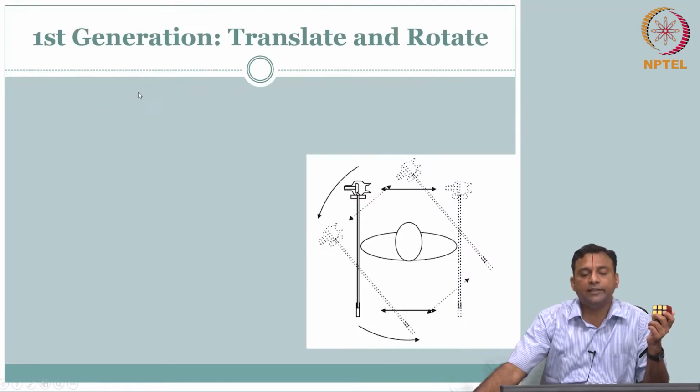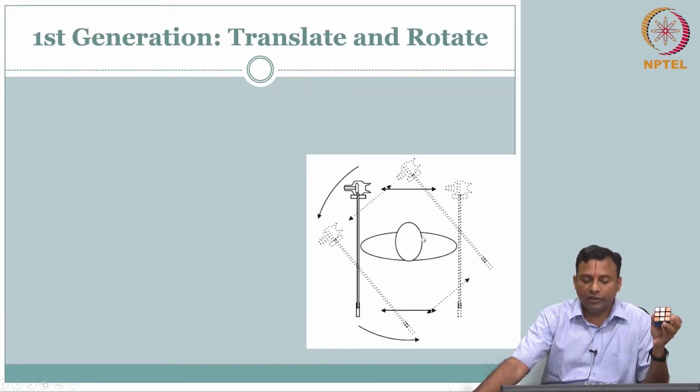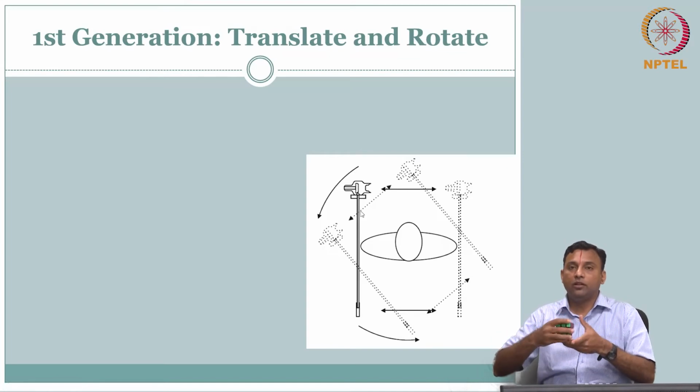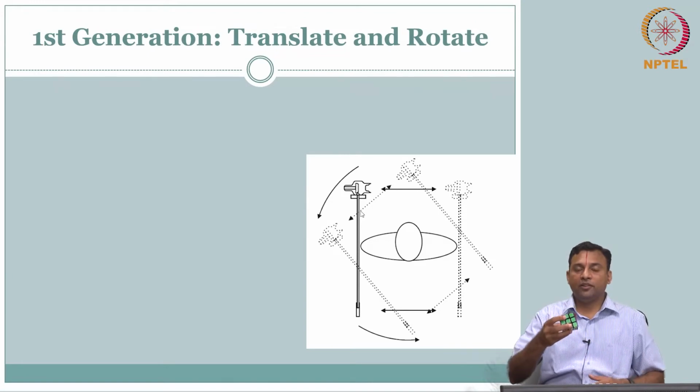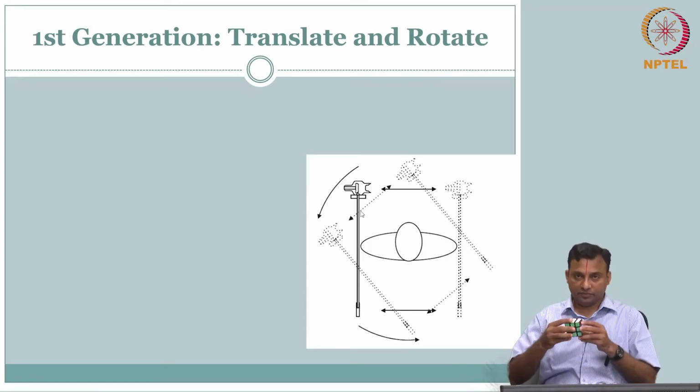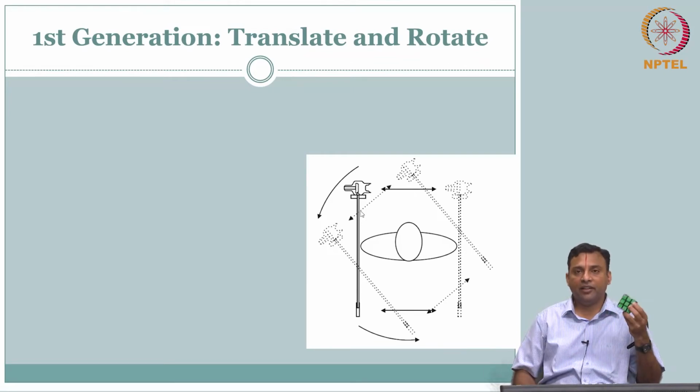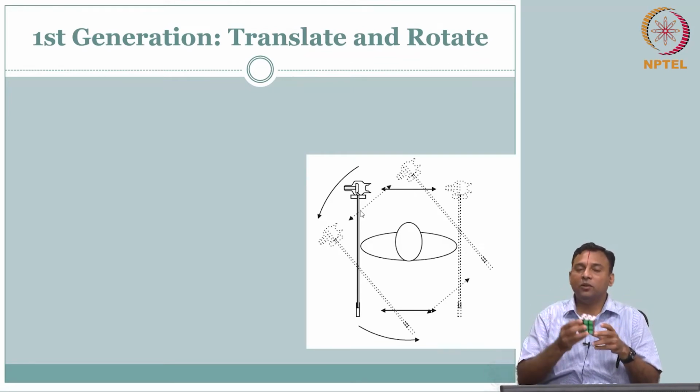Let me put the first generation and give this proposition. You have a patient that you want to image. You have the source on one side, the detector on the other side. So through transmission, what is slightly different here? In projection radiography we talked about the whole chest, so in principle, we should have talked about our detector also being an array. If that is the case, then the cube example is good enough.